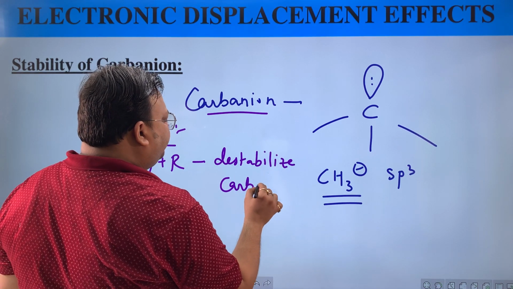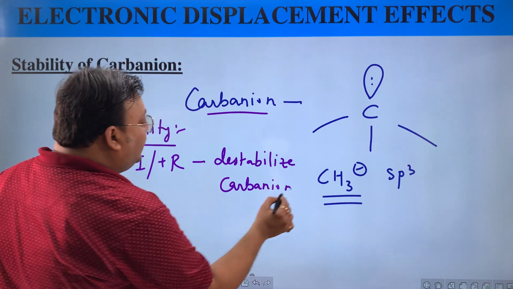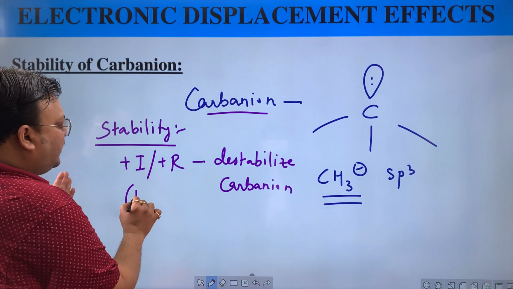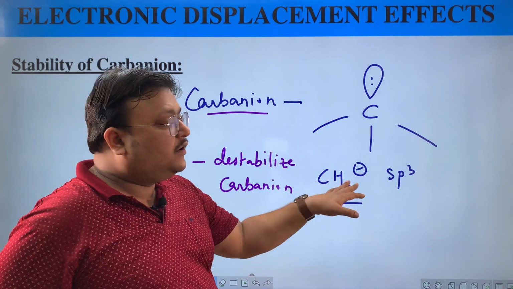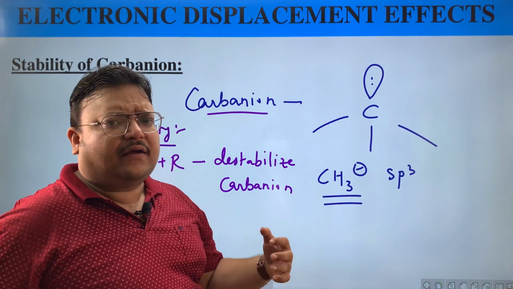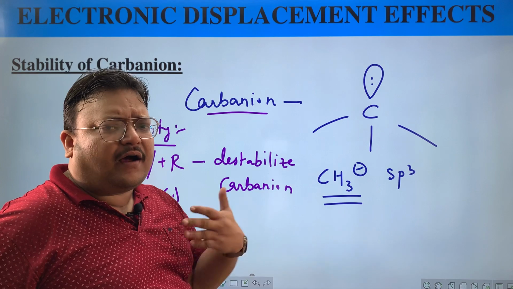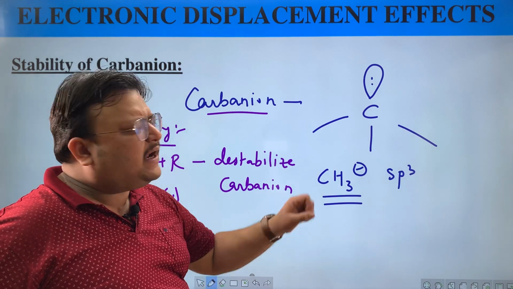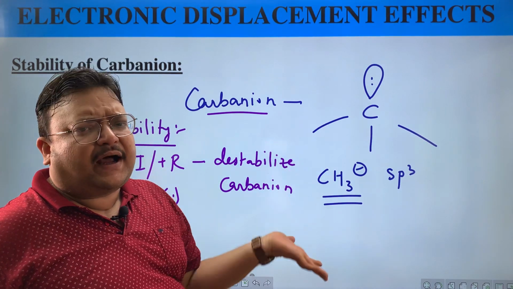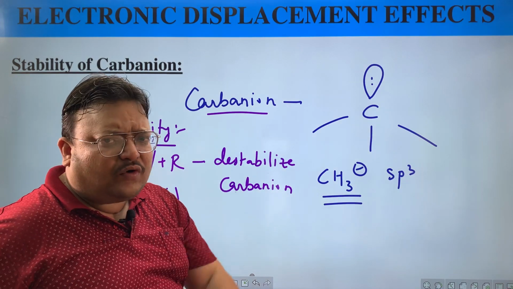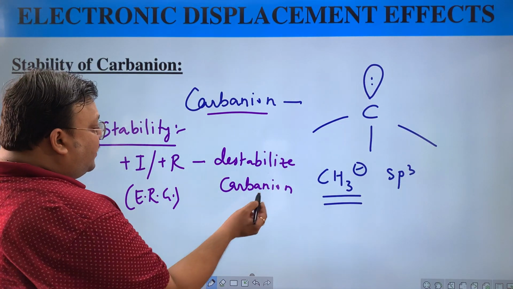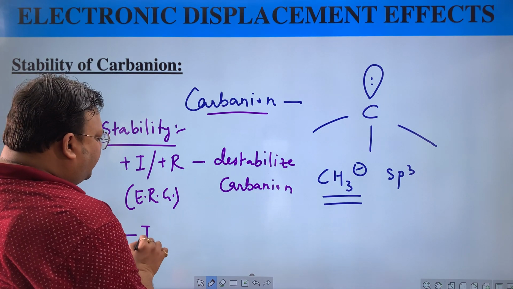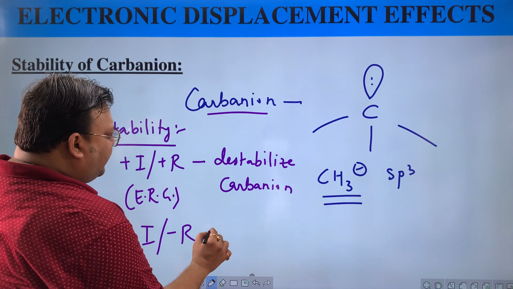the carbanion. And we'll see, because ये तो इलेक्ट्रॉन रिपेलिंग है ना, इलेक्ट्रॉन रिपेलिंग नेगेटिव को और नेगेटिव कर देगा. यहां पे नेगेटिव चार्ज को कम करना है. Plus R, plus I repelling group would make it even more negative, तो और नेगेटिव को बढ़ा देगा. I want the negative and positive to be lowered, any charge should be decreased. So here plus I plus R will destabilize the carbanion, and we'll see minus I minus R will stabilize the carbanion,